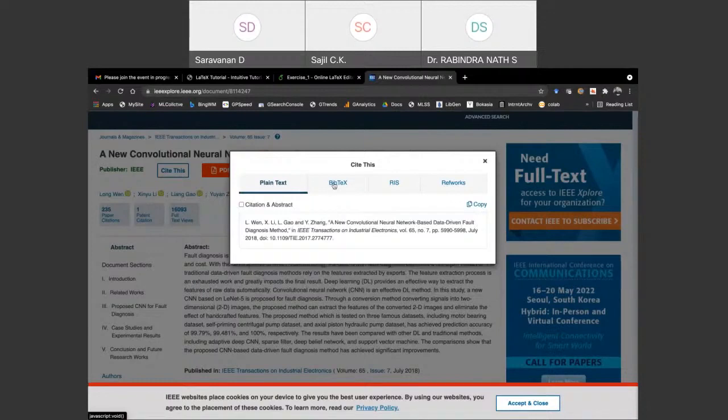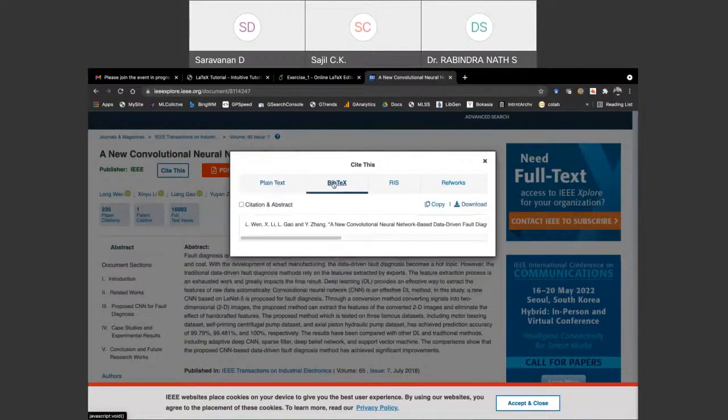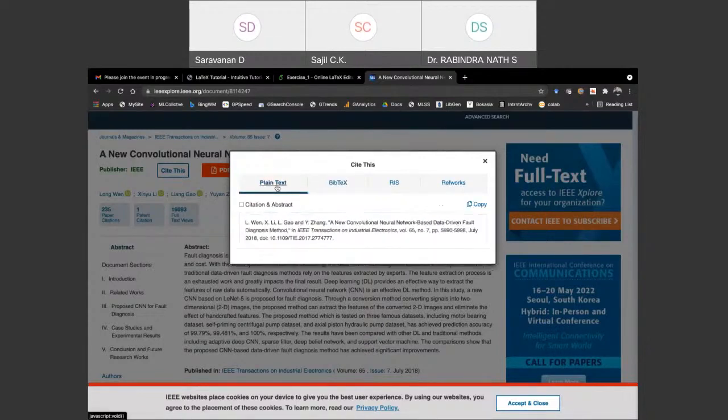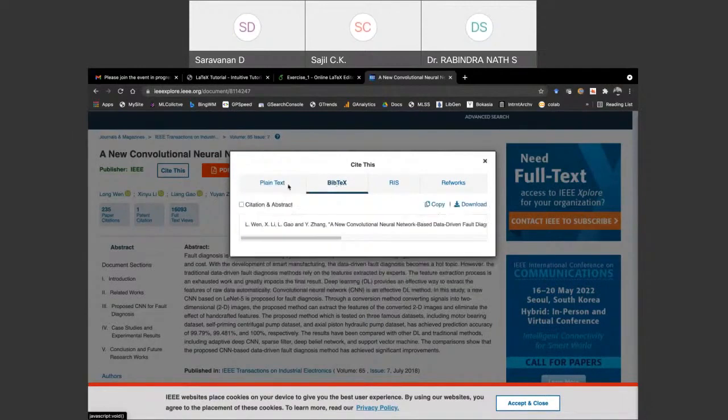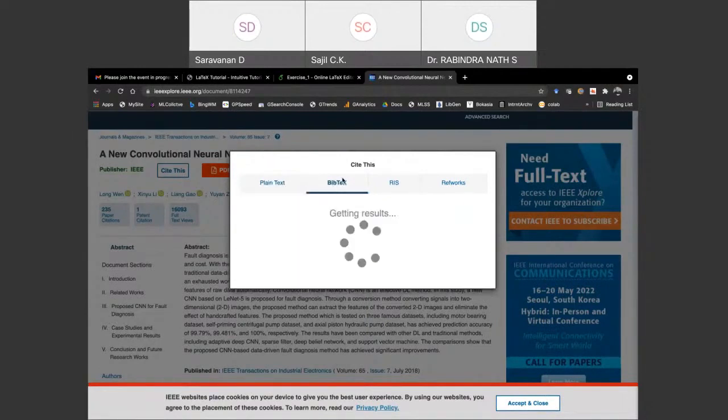So you need to go to this BibTeX and copy this information. Or it is given as plain text, yes.